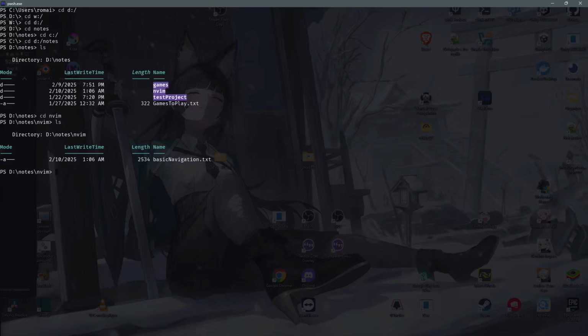And then let's say you do not want to type the whole path again to where you are. You can do cd dot dot and then slash. This will bring you back one level higher. Let's go back to Nvim. You can do it multiple times. This will bring me back to D, and also you can do,